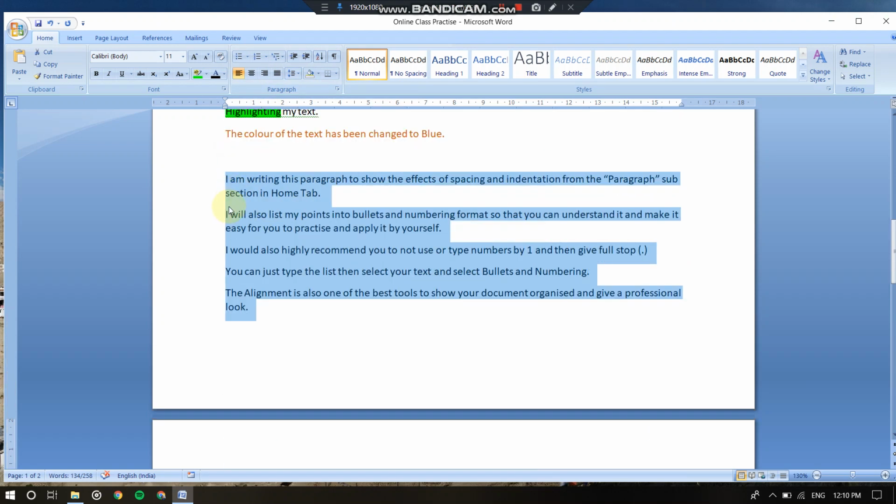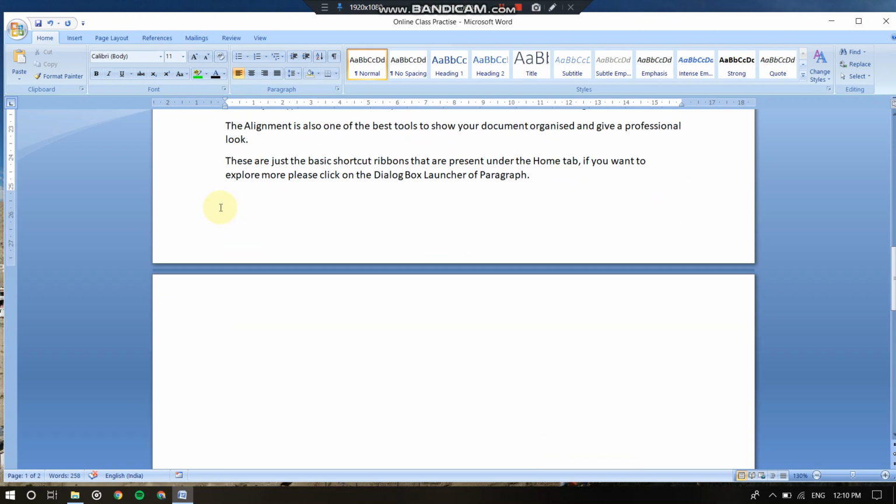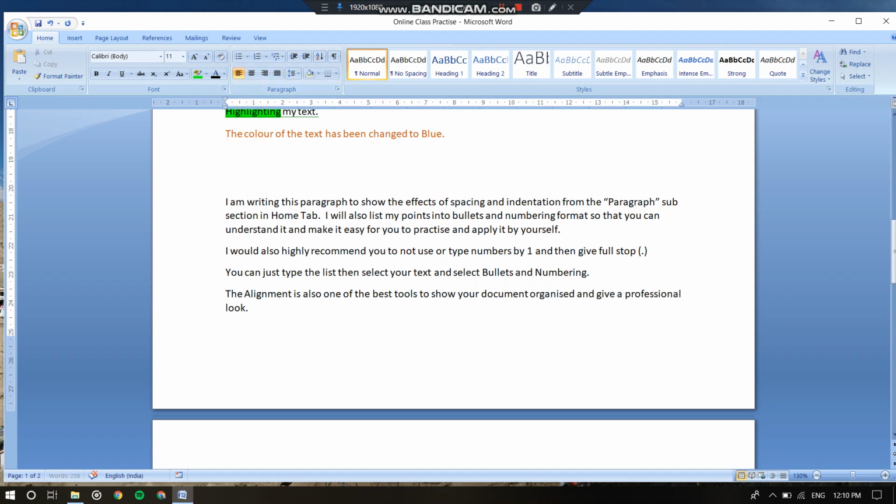As I've hit this, I would like to go back. Okay, so we have the alignment. The shortcuts for your alignment will be Ctrl. Since my font color is this, I would like to change it into black.